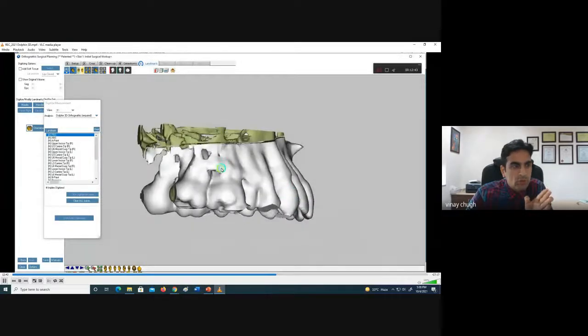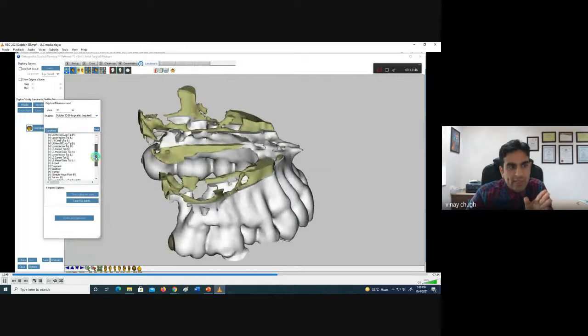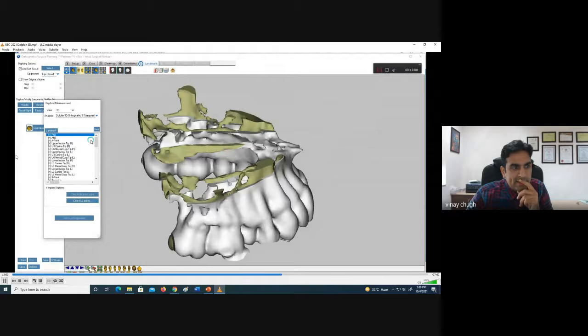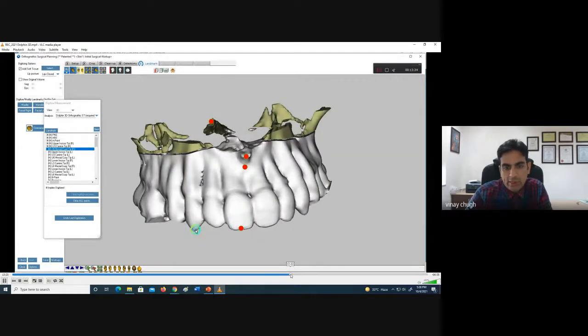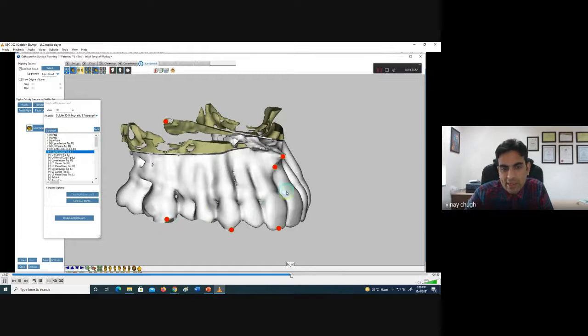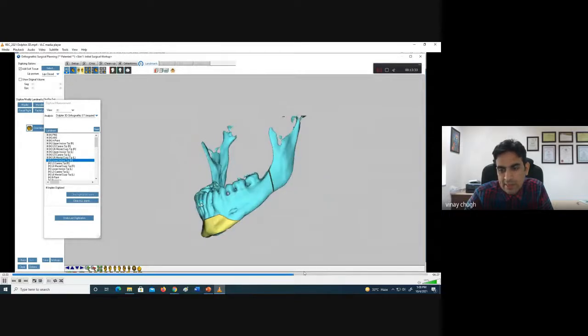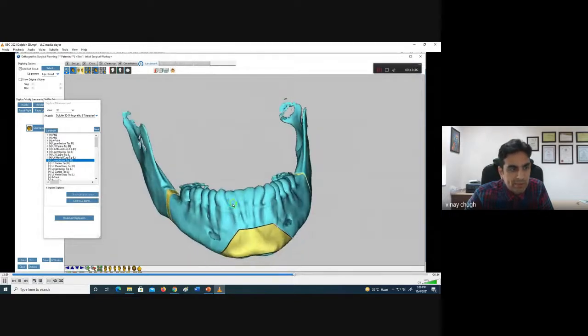The next step here is to place the landmarks again. There are multiple landmarks. You can see that they are similar to the cephalogram, but there are certain different landmarks also. So you start putting these landmarks, and there is ANS, PNS. We will do this slowly and just start putting, and we have to rotate and look at it in 3D as well, to see whether the landmark is located at the right position. So teeth landmarks and some of the skeletal landmarks are marked.